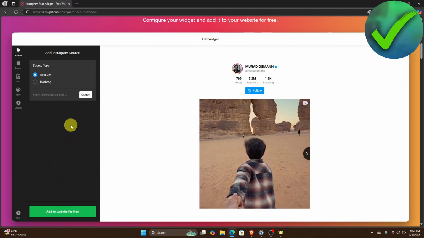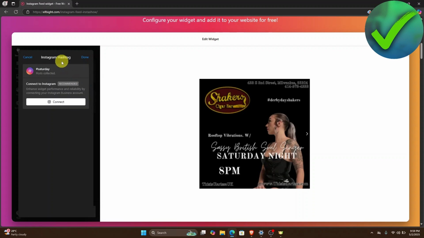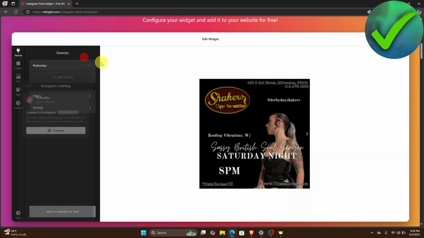Now once you click that, you will have the source type, which is account and hashtag. If you want to use the account, you can do that, or if you want to use hashtag, you can also do that. So let's say, for example, for the hashtag, we're going to use the hashtag Saturday right there, and then just click search right here. Once it is done, you will be able to see it right here. Once the posts have been collected, just click the done button right here,